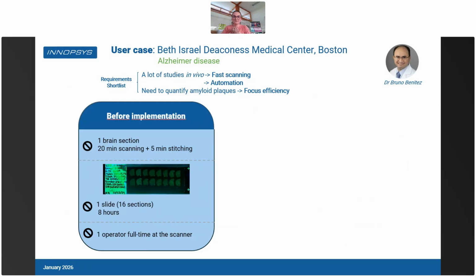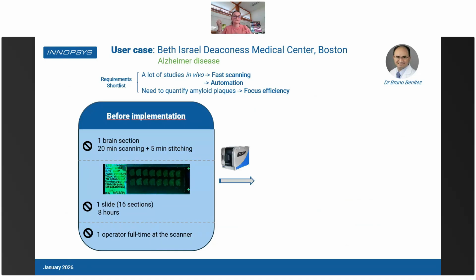So before implementation, he was spending approximately 5 minutes for scanning one brain section and 5 minutes for the stitching. So for 16 sections on one slide, it would take up to 8 hours. And because he needed to distribute all the focus points, etc., he had an operator full-time at the